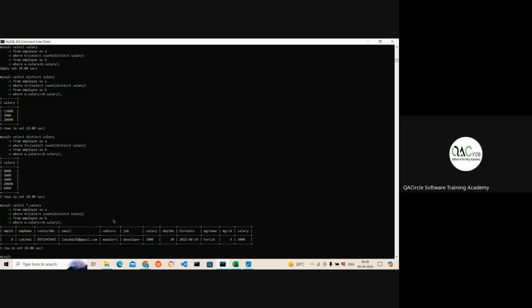Sneha Gowda, next query. Write a query to display all the employee details, those who joined the company first. Select star from employee as A